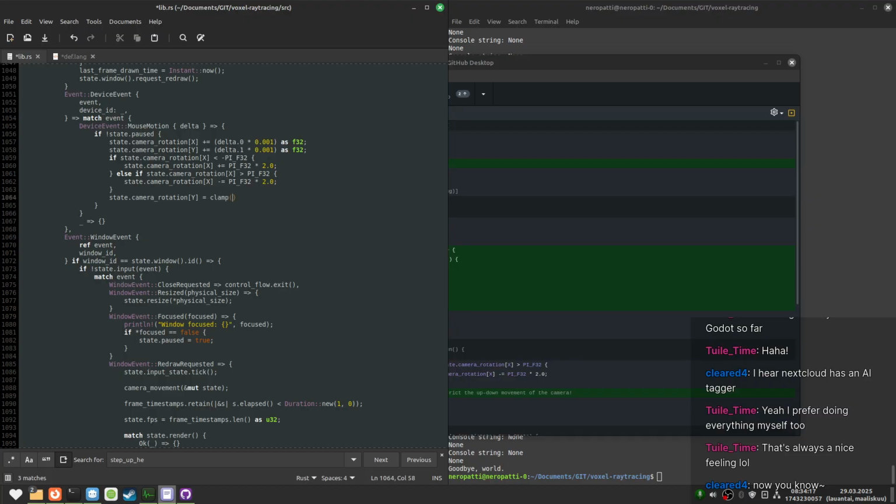I think we have clamp. Is it dot clamp? We'll see. We'll do minus pi f32, then pi f32.